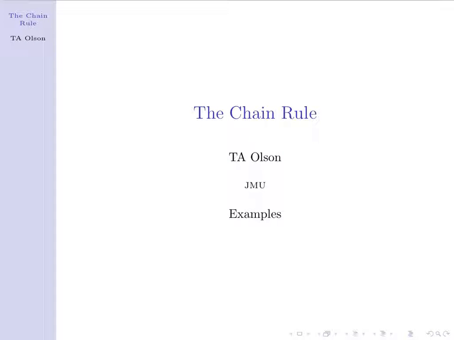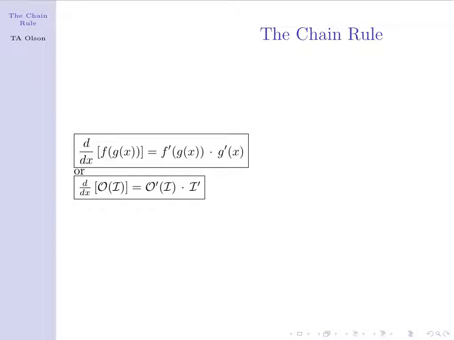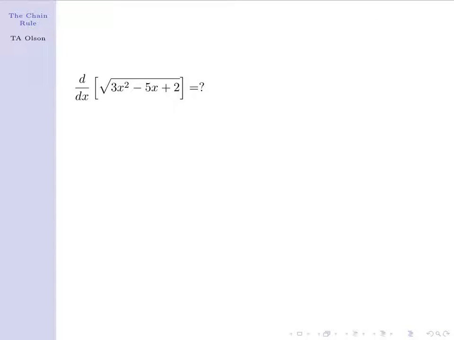In this video, we're going to do another example of the chain rule. The chain rule says the derivative of a function that has an outside and inside piece is the derivative of the outside with the inside intact times the derivative of the inside. The question for this video is, what is the derivative with respect to x of the square root of 3x squared